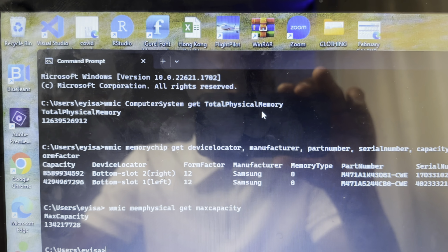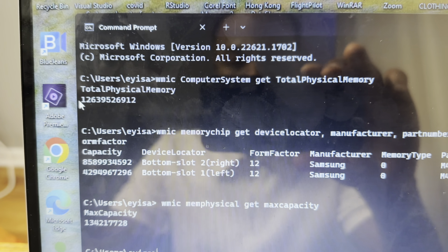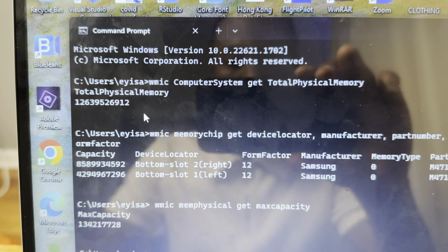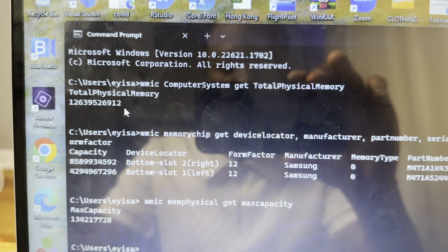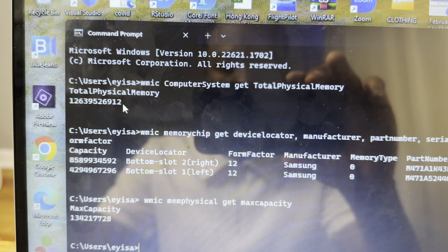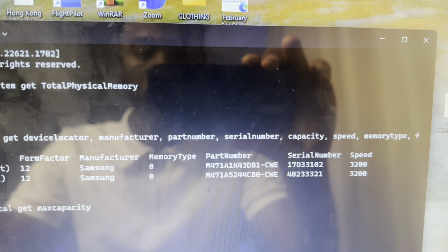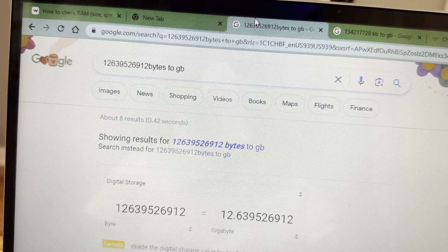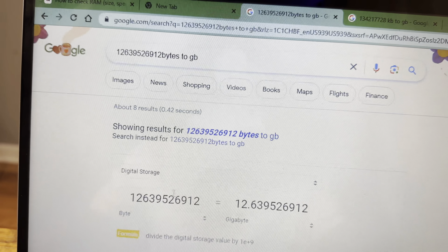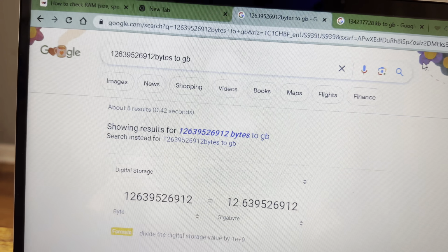And once you run this, the function just returns the total amount of RAM you have right now on your computer. You can see it's a long number, but this is in bytes. So you just copy this number, go onto the internet or your calculator, whichever is easier, and convert that to gigabytes. So in total I have 12.6